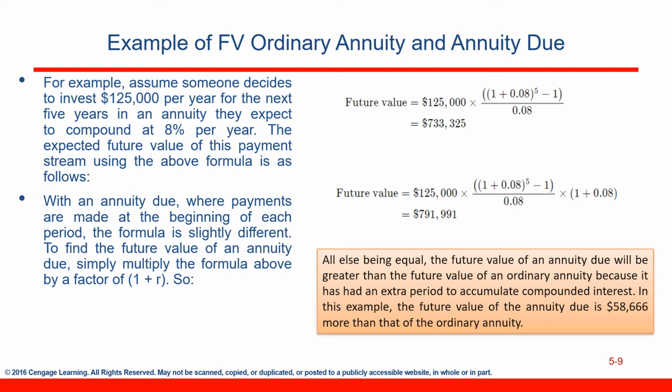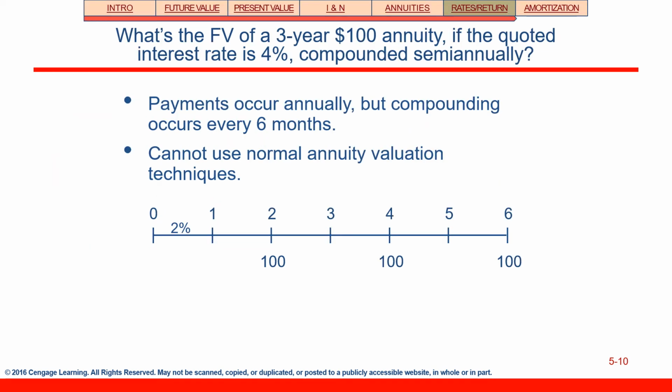Okay? Okay, next. What's the future value of a 3-year, $100 annuity if the quoted interest rate is 4% compounded semi-annually? So take note that the payment occurs annually, but the compounding occurs every 6 months. So you cannot use normal annuity valuation here. Our formula, no? The future value is equal to the payment times the future value factor of annuity of 1. You cannot use it since the